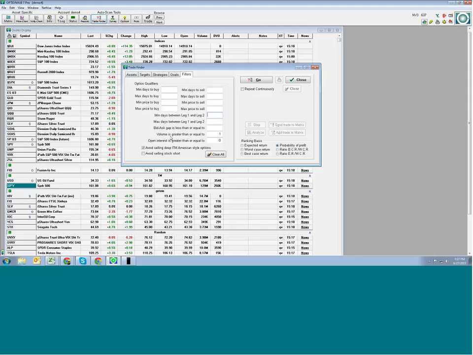Okay, if you're doing minimum days between legs 1 and 2, you can even decide upon, I don't want the bid-ask gap to be larger than this. I want to make sure I have tight spreads between the bid and the ask, and this is going to help you do that. Okay, some other key factors to have in here, and probably more important than a lot